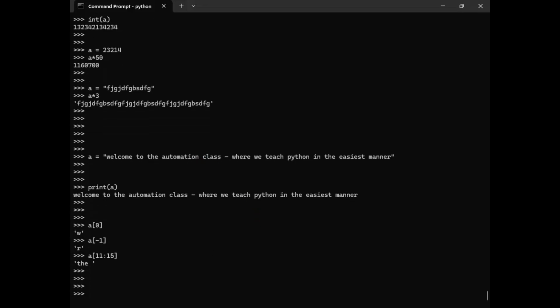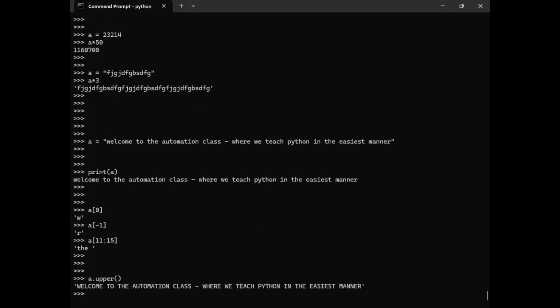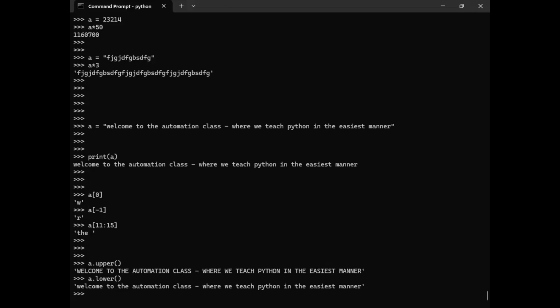And in the string, as I told you, you have some string-related functions. Like what? Like I want this A value to be in uppercase. I will just put upper and enclose it in round brackets, and you can see the whole string is in uppercase. Okay, no, let it be in lowercase. So everything is in lowercase. Now you will think about where it can be utilized.